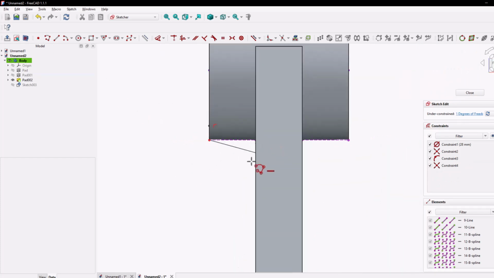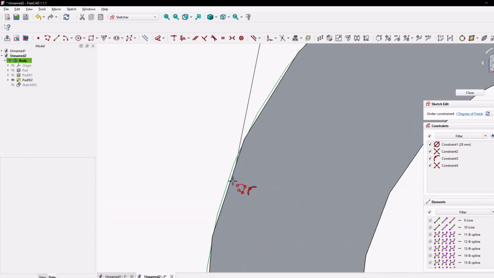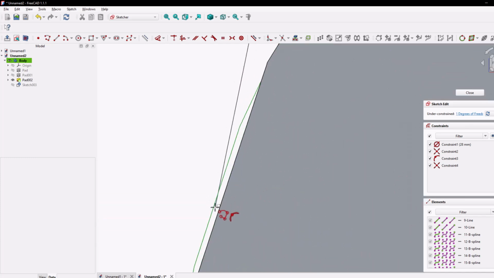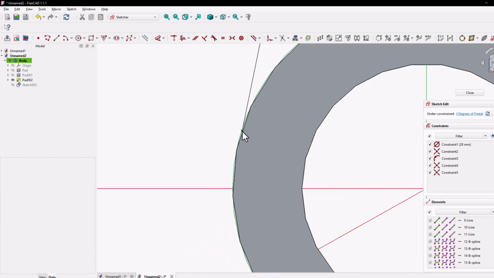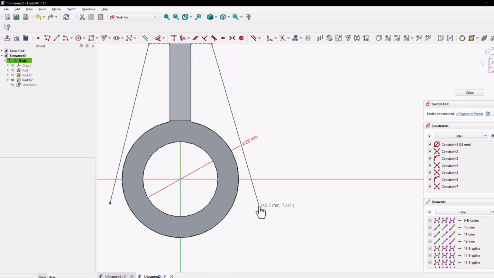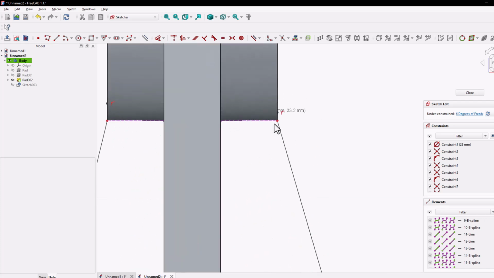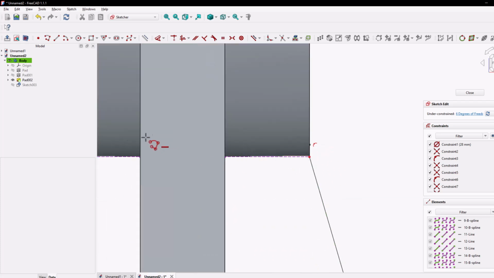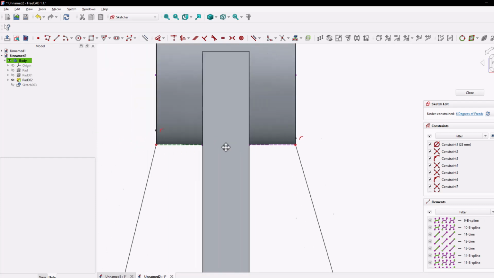Let's switch to front view and place this line tangent to the circle. Now let's extend this line a little bit. In the same way, we will apply a polyline here as well, something like this. Then we will merge this point with the other point we have here.